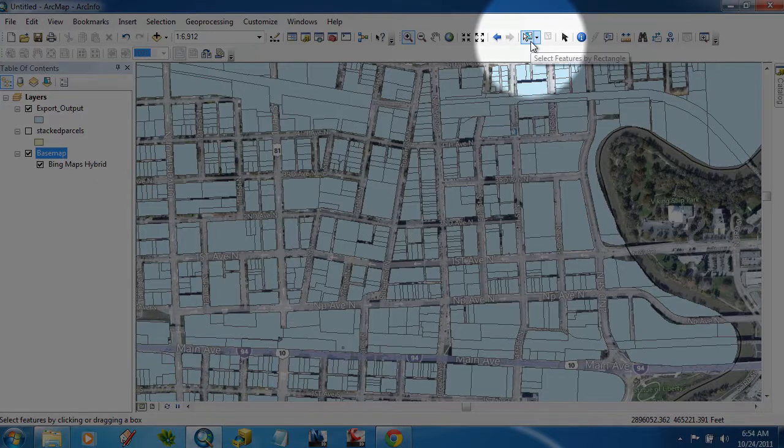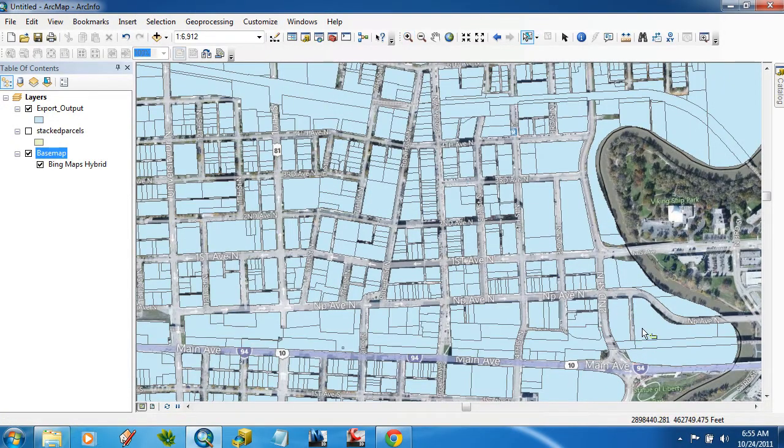So here we go. We've got the select tool. And if you click on something, it is selected. If you click on something else, it deselects the first one and selects whatever you're clicking on. So what you want to do is hold down Shift and click on the ones you want to add. If you accidentally pick something you don't want, click on it again and it deselects. So that's one way. I'm going to go ahead and clear that selection here